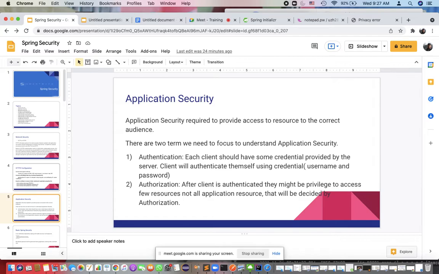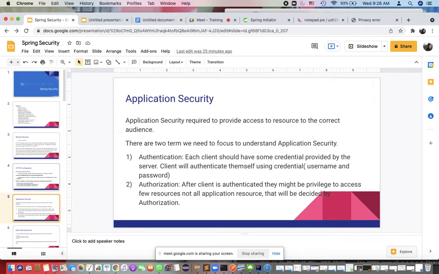There are two terms to understand when you start thinking about application security. First is authentication, second is authorization. Though these two words look similar, I'll explain with a simple example. Assume that you are in a school. You might be the teacher of the school, you might be the student. Your school premises is secured by a wall, and there is a gatekeeper standing in front of the gate, asking you to show me your ID card.